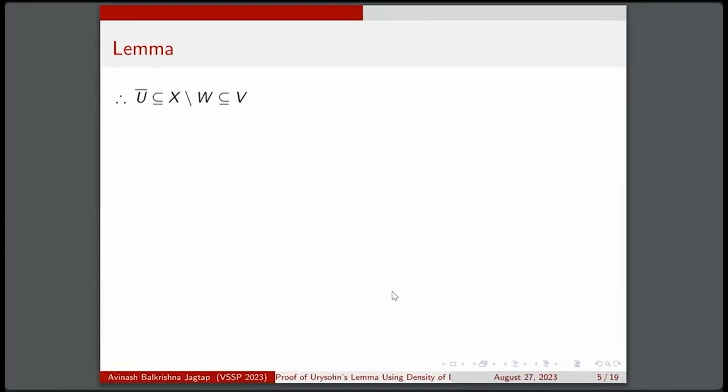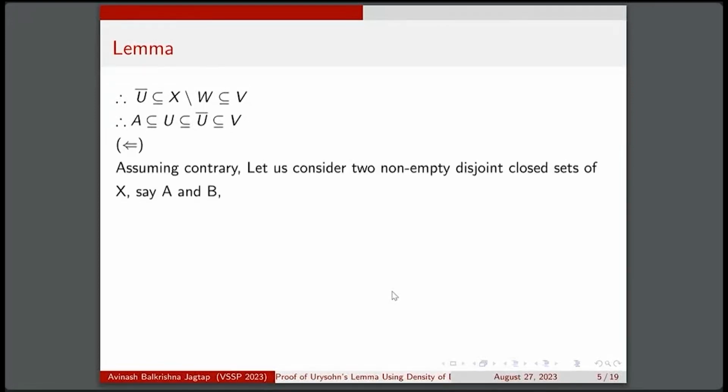Now U is contained in W complement, which is closed, and since the closure of U is the smallest closed set containing U, the closure of U is a subset of W complement. Since V complement is a subset of W, W complement is a subset of V. So A is a subset of U, U is a subset of its closure, and the closure of U is a subset of V. Therefore, we proved the